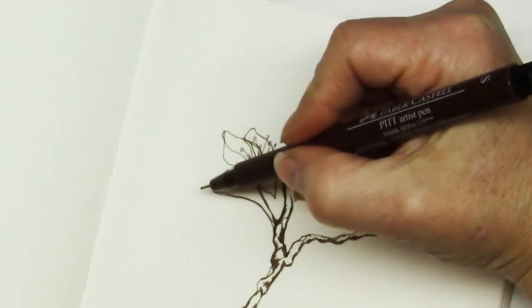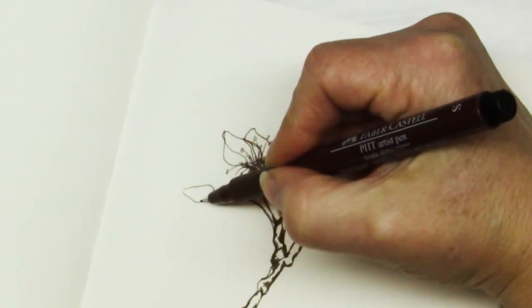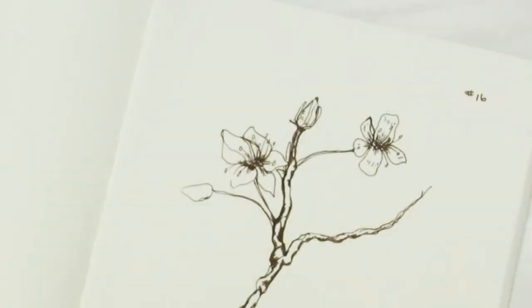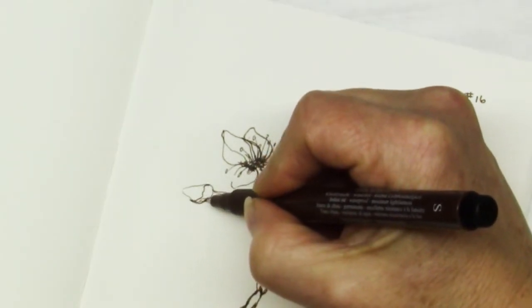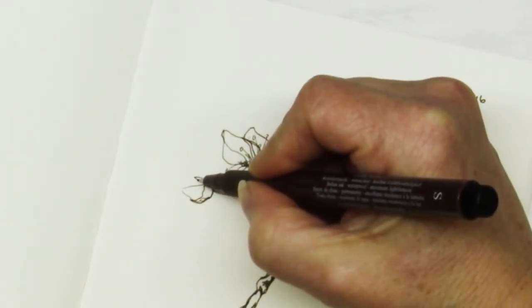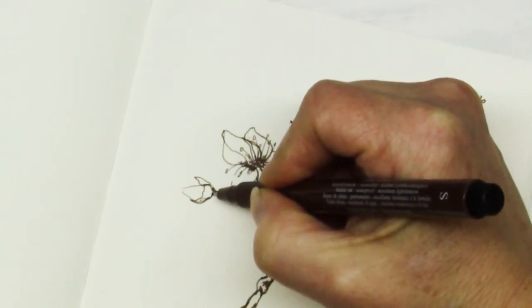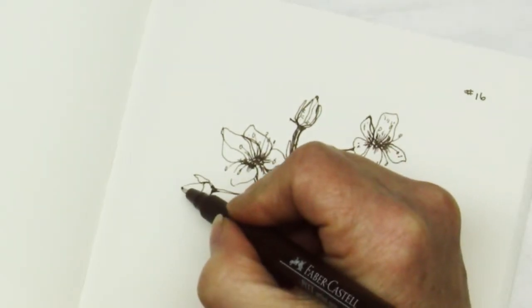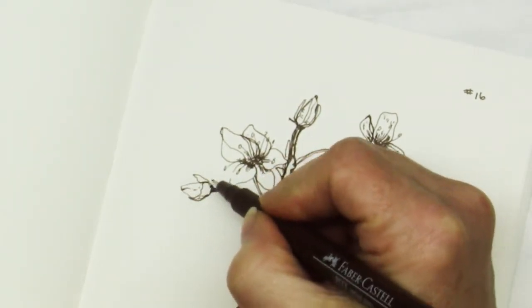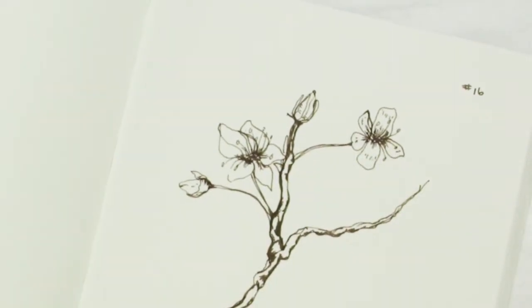And I think I want another bud right here. So a bud is basically just sort of a rough teardrop shape. And it'll have these little leaves. And it comes in and has a bit of a base to it. There we go. See, that's all that takes. And then